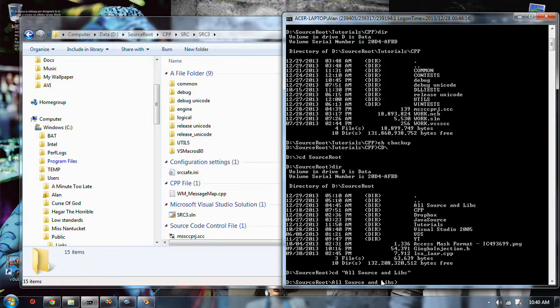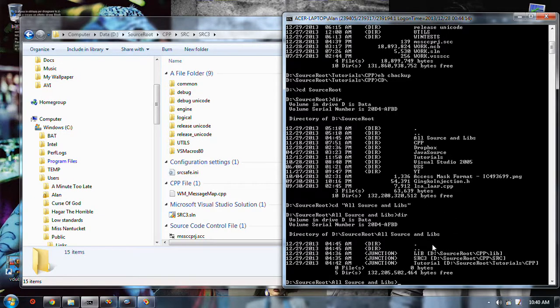This is now, let's say, the root of all the source folders. So without moving anything, he's created 3 junctions. One points to libs. One points to what I called source 3 previously. And one points to the tutorial source. Now all I've got to do is run my regular old backup on this folder, include all. And I did, and it works.